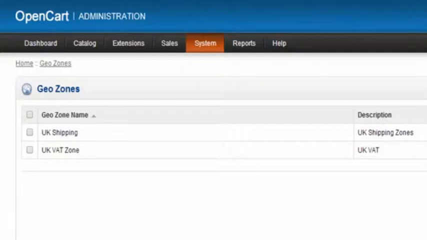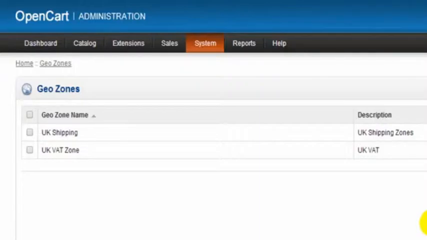Now, as I'm based in Ireland, I'm not actually going to be using either of those two, and I will be deleting them, but I can't delete them at the moment because there are tax rates assigned to those zones. So basically what I'm going to be doing here is setting up 4 shipping zones and 4 tax zones. Now, the shipping zones are actually different than the country in some cases,